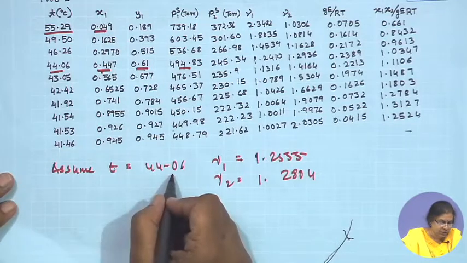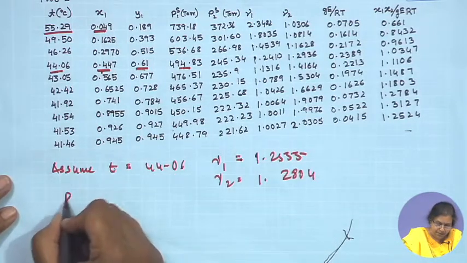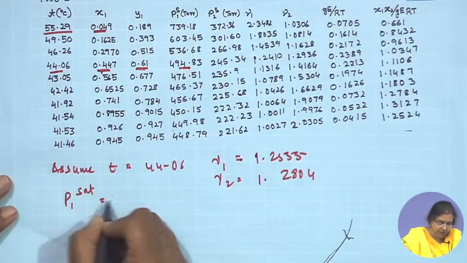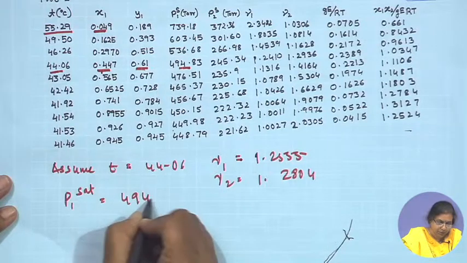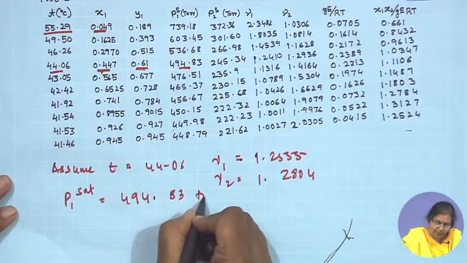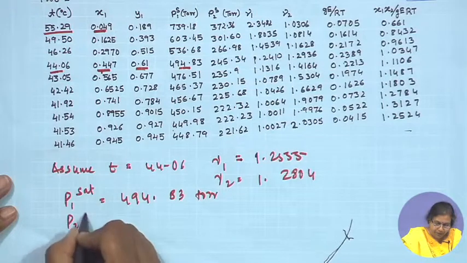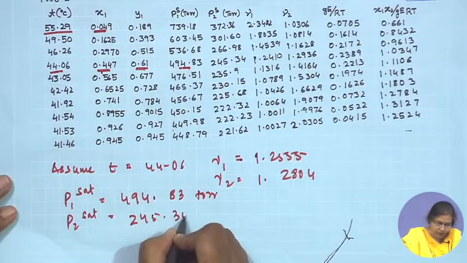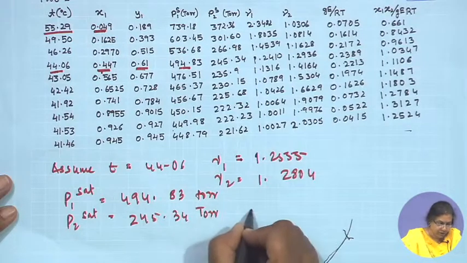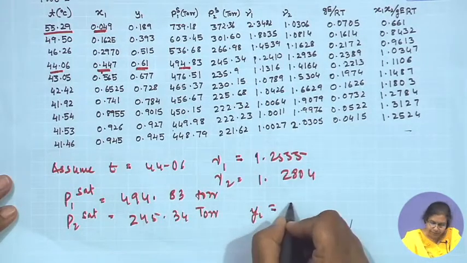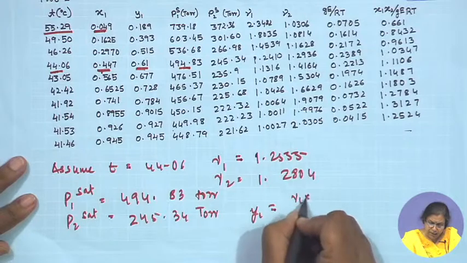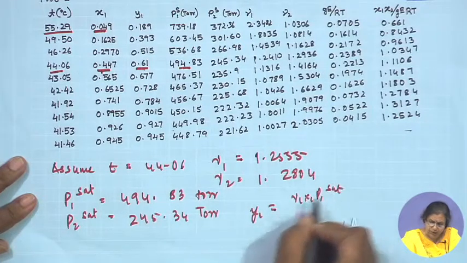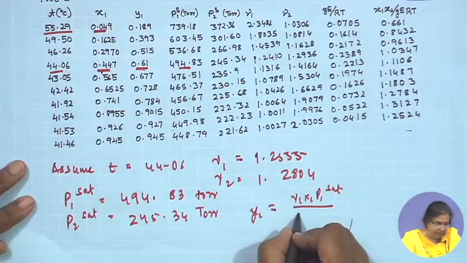So, if you assume t equals to 44.06, you are in a position to find out P1 saturated, which is nothing but equal to 494.83 torr. P2 saturated you can find out 245.34 torr, from which you can find out Y1,